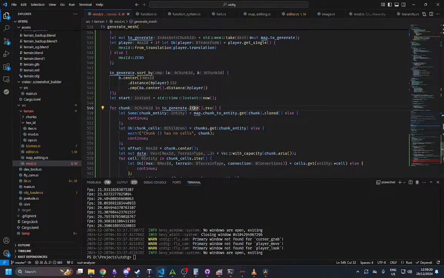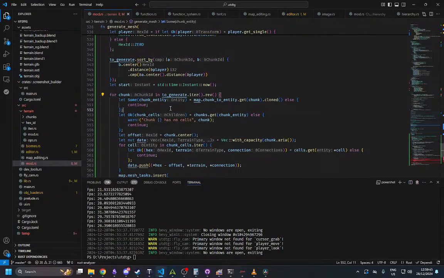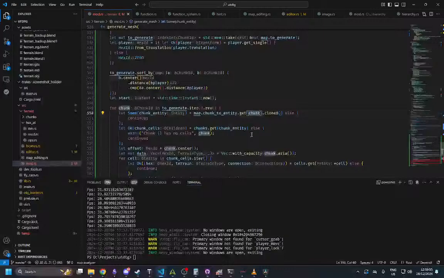Why am I iterating it in reverse? Oh, that's why. I'm iterating it in reverse because this is an index set, which means that popping from the end is technically faster than popping from the beginning. So I sort it so that the closest chunks are at the back, and then I reverse the iterator so that I can grab the. I don't know if it's faster or not. All right, so